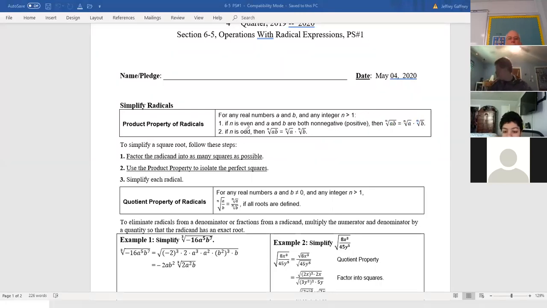Okay. And it says if n is even and a and b are both non-negative, which I don't know why it's kind of like a double negative, which means a and b are both positive. That's kind of confusing wording. Then we can rewrite this. Let's see, I'm trying to think. Let's do this. So let's just say this is 12 under the radical, and it's a square root, so I'm not going to write n. All right, we can rewrite this as,